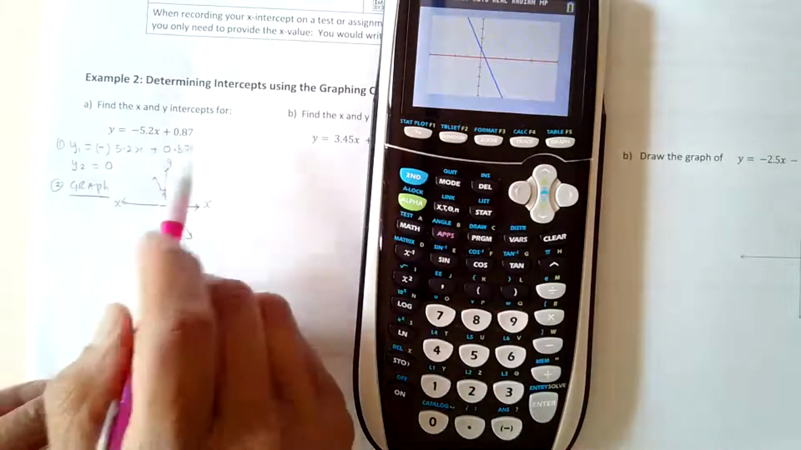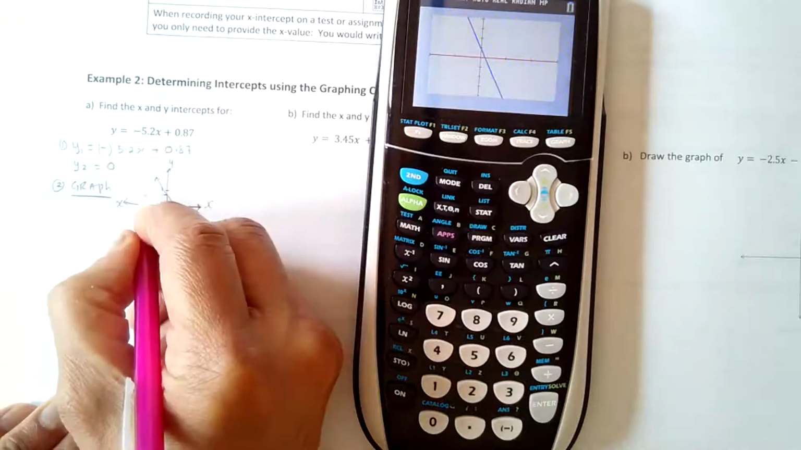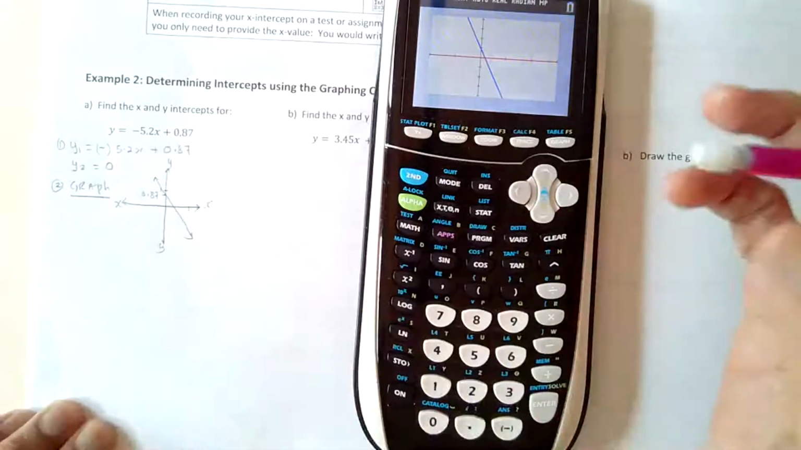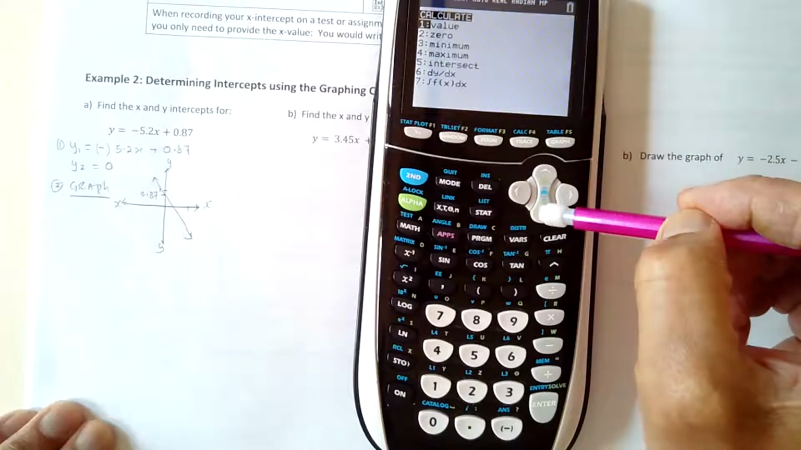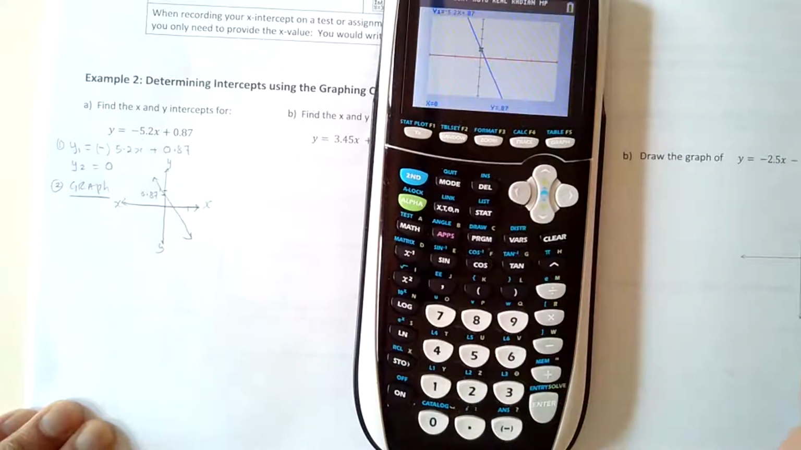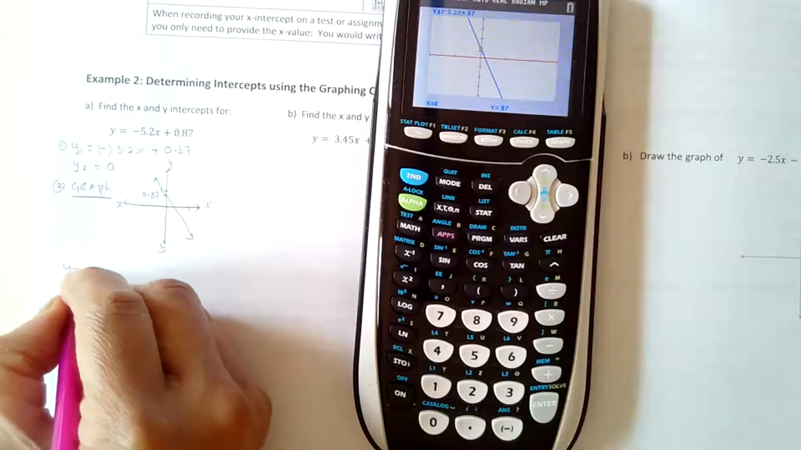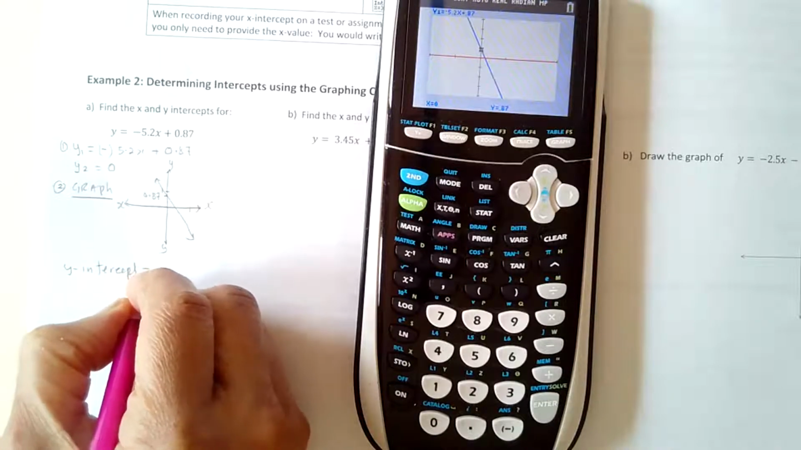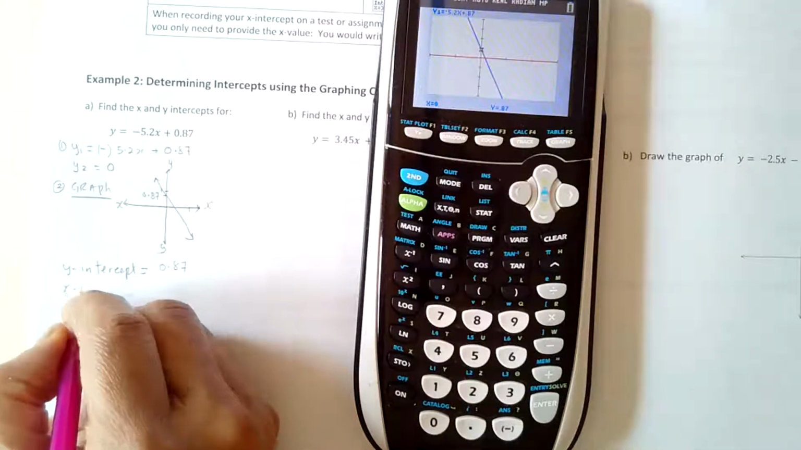Now from here we can tell our y-intercept is 0.87, so I can write that here. This is where it's written. But let's find it on the graphing calculator. Second trace, let x be 0, y is 0.87. So first of all, we say the y-intercept is equal to 0.87. The x-intercept,